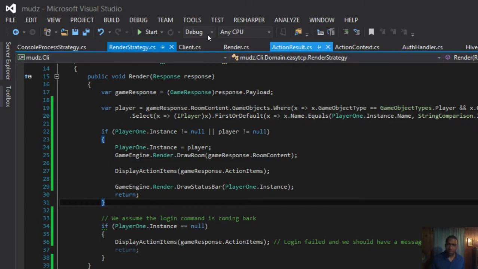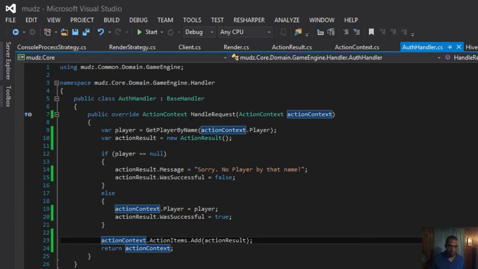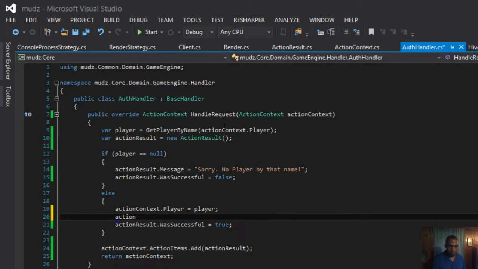Let's do that actually, right? Action result dot message equals welcome back.